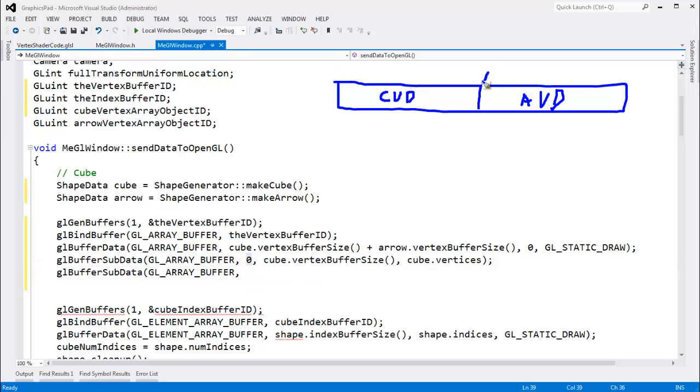The offset's right here, and this byte is the first byte after all the cube data. Well, how do I know what that byte is? It's the size of the cube vertex data. So cube.vertex buffer size. The size of the data I'm about to send down is the size of the arrow data. In fact, the way I've drawn this, it looks like the cube and the arrow take up the same